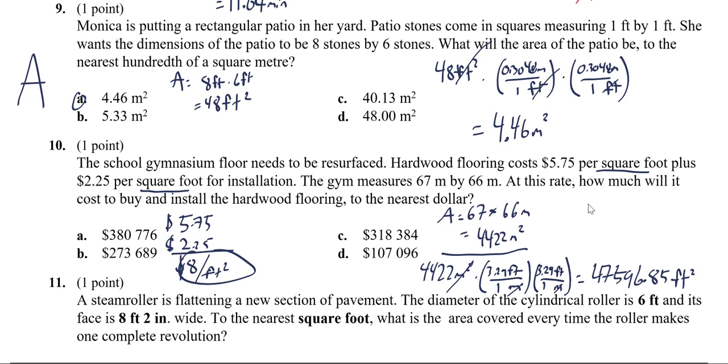And this last step here is going to be, I don't know, I'll have to shove it into this corner. We have to find out the actual cost. So if we take 47596.85 square feet, can we multiply it by $8 per square foot? Square feet and square feet will cancel, and we're left with just the unit dollar, which is great. And if we multiply it by 8, we get 380774.8,